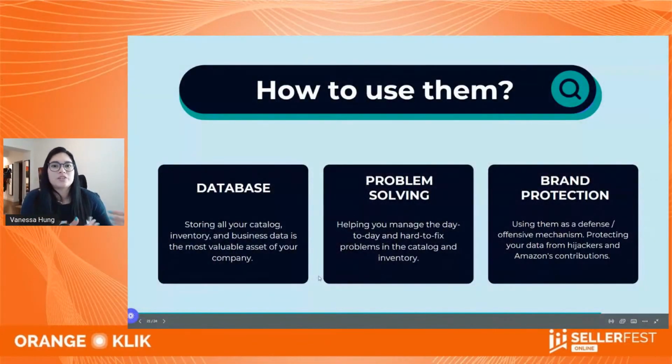Download it and save your information and start adding more information and contributing to your asset, but also using it to protect it and to improve it. So it is your most valuable asset. And if you're here watching this and eventually planning to sell your business, make sure that you have this database like